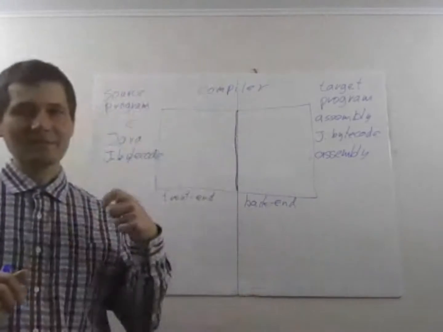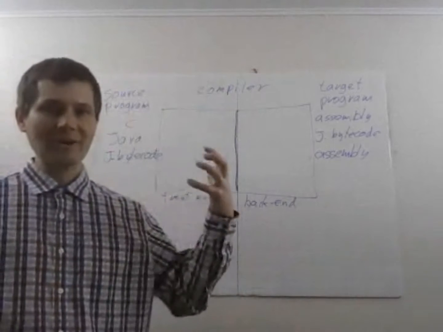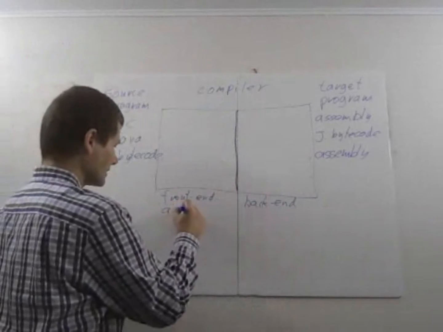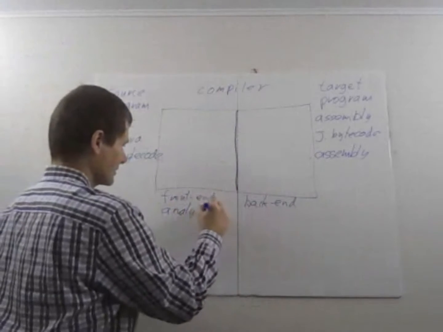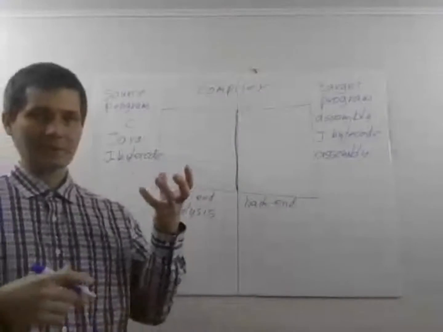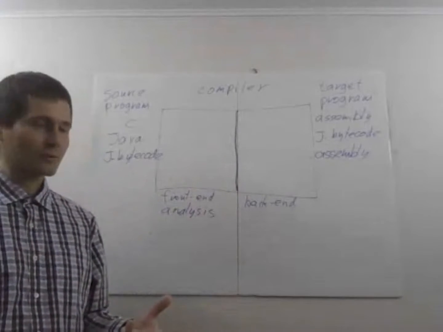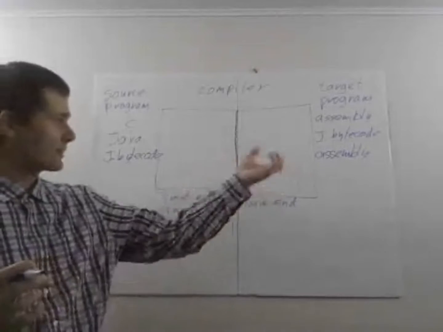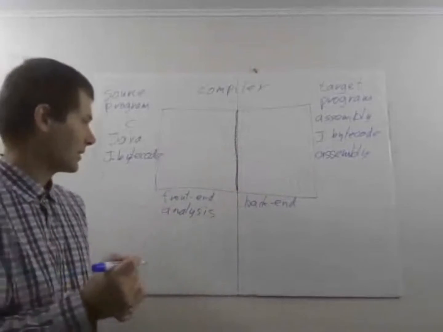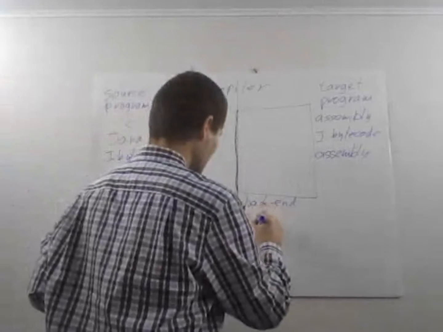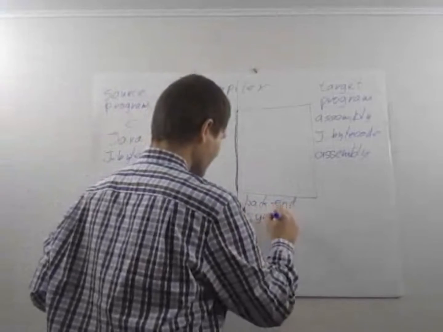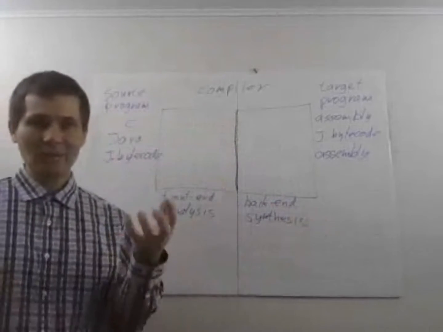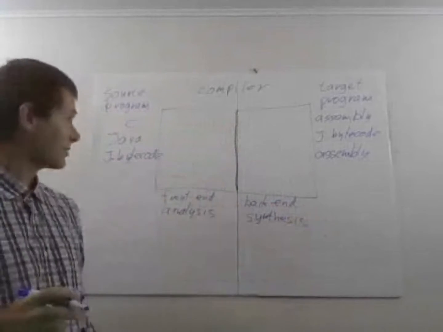So the idea is that the front end tries to understand what the program means, and so we can also call this analysis. So this is where we're trying to understand what the source program means, and then the back end is what generates the target program, the output program, right? And so another word for that is synthesis. Okay, and so we're going to look at both the front end and the back end of the compiler,